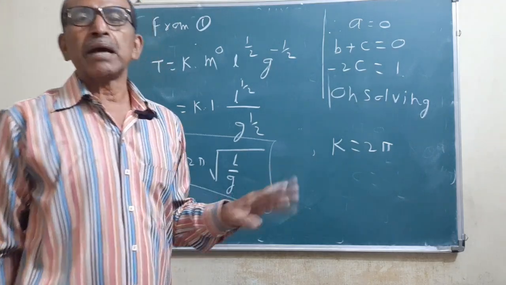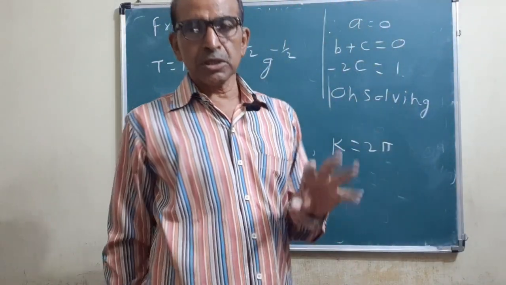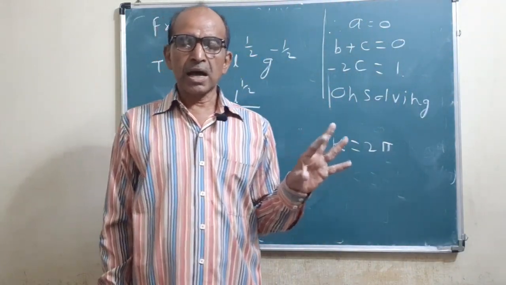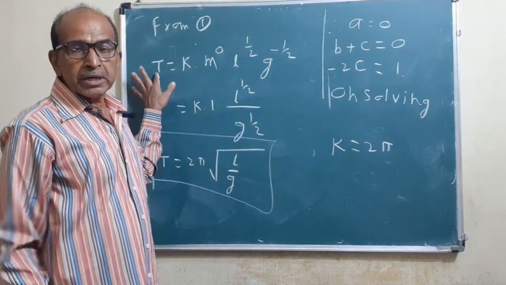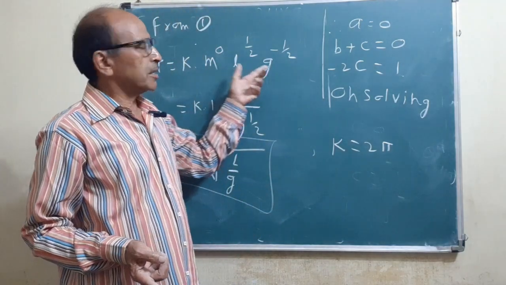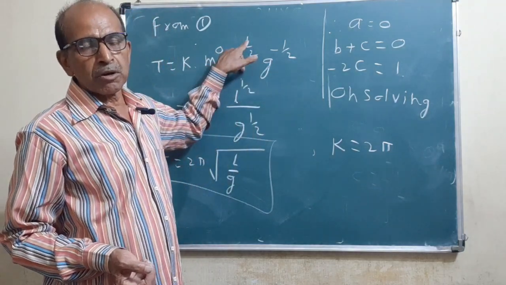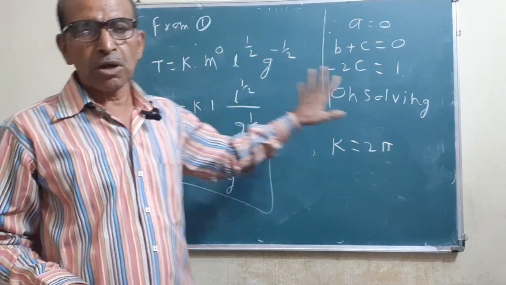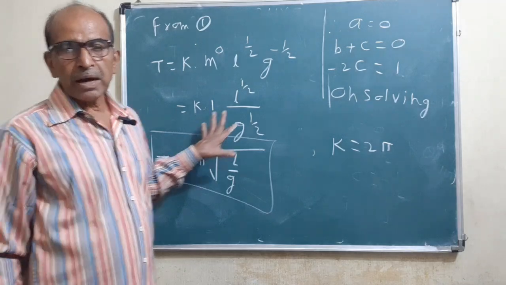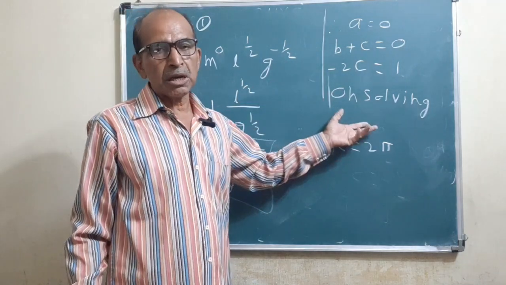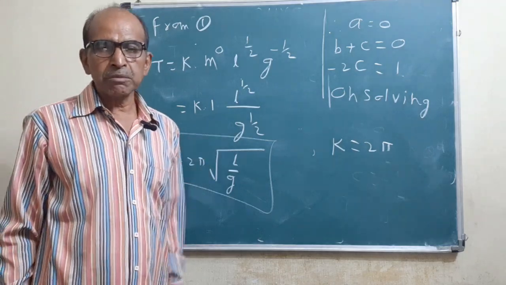So in this way you can derive a formula dimensionally. How will you derive a formula? First you will read the question carefully. After that, see the factors: which factors the left side quantity depends on, such as m, L, g. Write the powers of those factors as a, b, c. Write the dimensional formula on both sides and simplify. Use the principle of homogeneity, then you can find out the values of a, b, c, put these values of a, b, c in equation 1, and you will get the formula. In this way you can derive a formula.